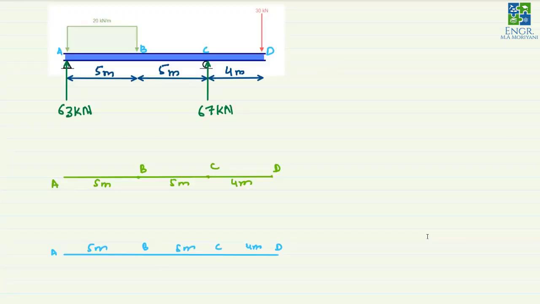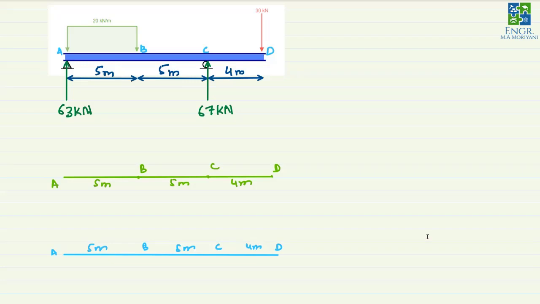Alright, now let's draw the shear force and bending moment diagram for the same case, this time graphically, which we have already studied. In order to do that, we have to recall all the relationships which we have studied so far, and we know from those relationships that whenever there is a point load or concentrated load, there will be a sudden shift in the shear force diagram.